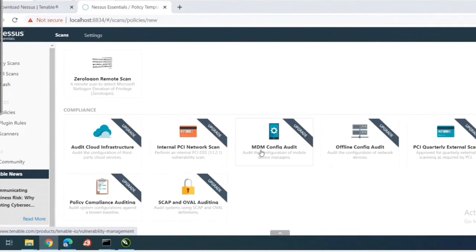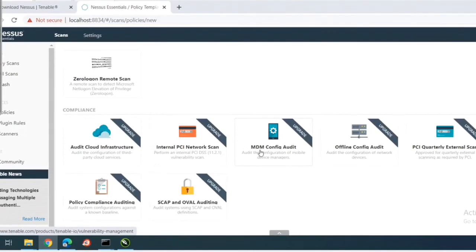Just check if some mobile devices are there, maybe a laptop, a mobile, a tablet, or any other mobile devices being used or connected to the corporate network, then it can help you with the MDM vulnerability check. MDM stands for mobile device management.